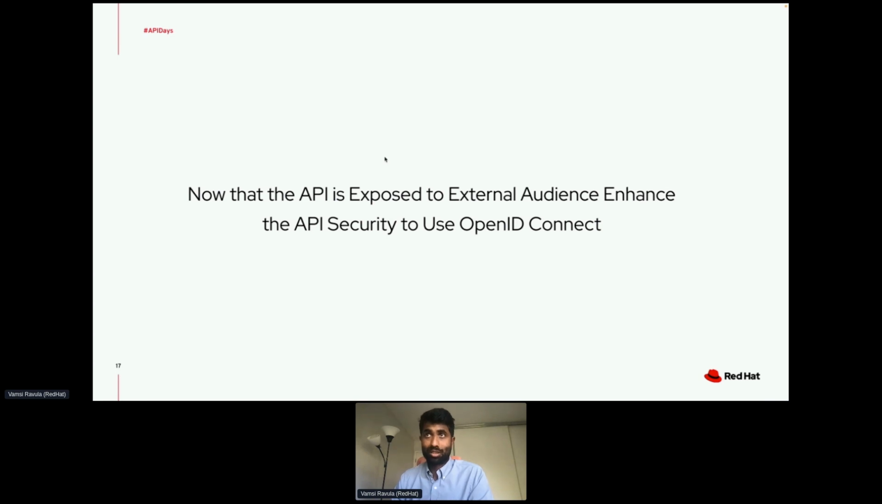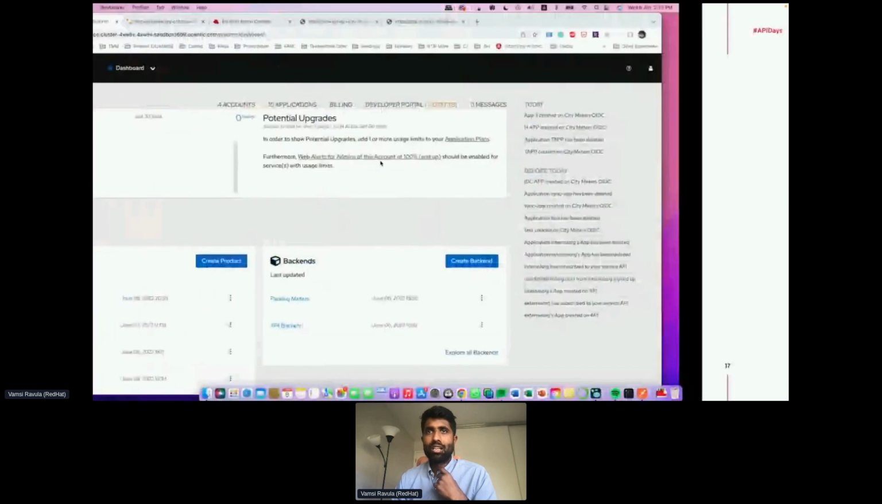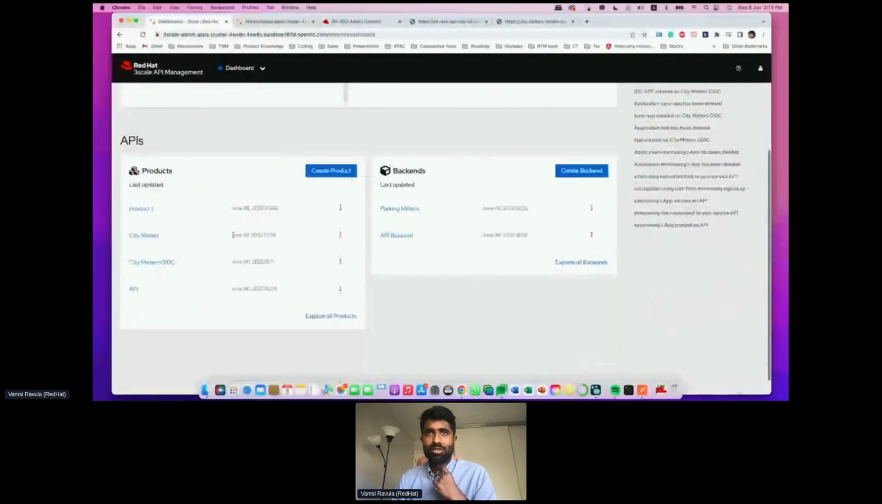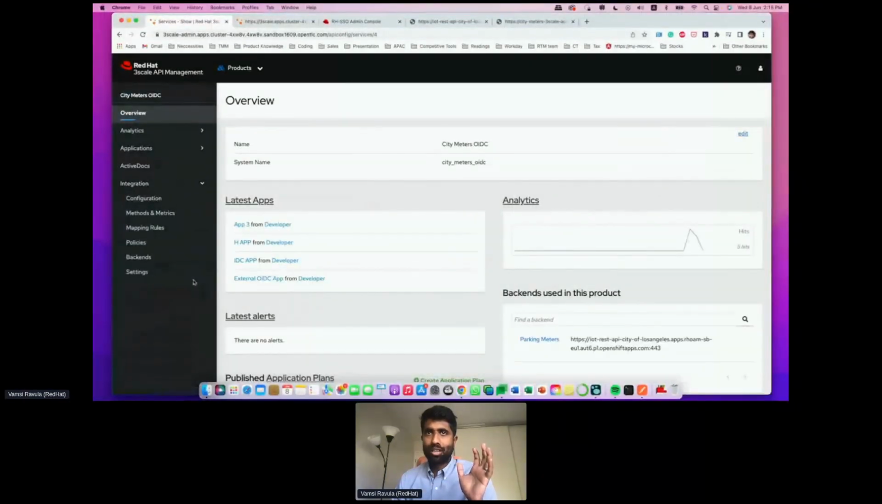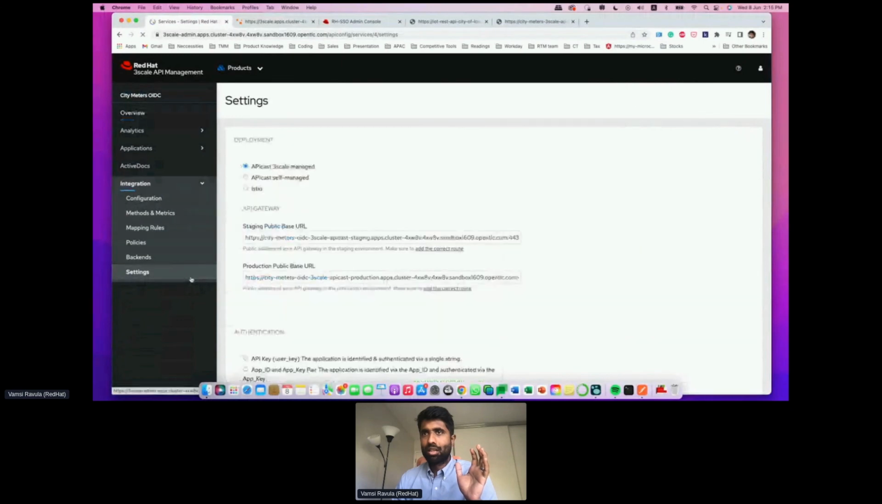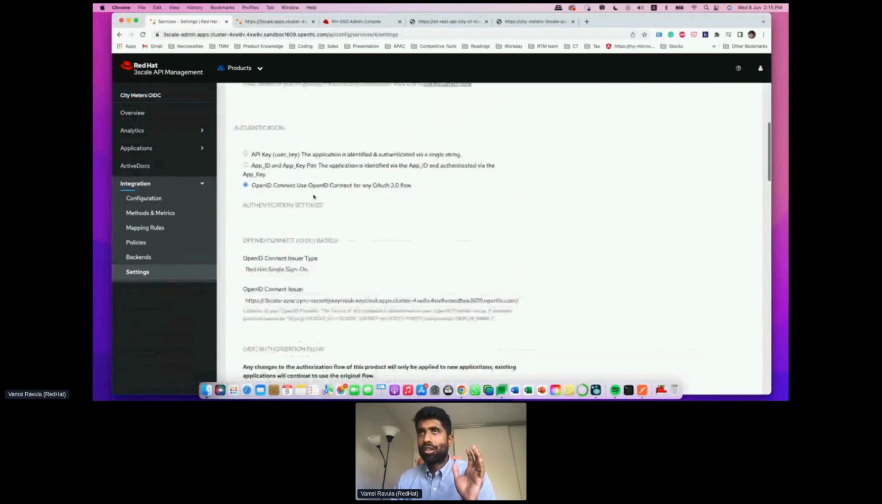They need to change the whole authentication approach, and they'd like to see how they would leverage the Red Hat OpenShift API management platform for the same. So here we've created a product called city meters, and all they have to do is go to settings and choose the API authentication. For all the previous examples, we've used API key. Now I've changed it to OpenID Connect